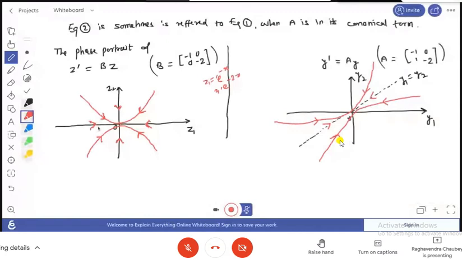रफ स्केचिंग हम इस तरह से कर लेते हैं। हाँ, ये इस तरह से Z1 की ओर जा रहा है, तो ये हमारी रफ स्केचिंग है। बट इसका एग्जैक्ट फेस प्लेन डायग्राम आपको मैटलैब का इस्तेमाल करके मिलेगा, वो कैसे होते हैं, उसके कोड क्या होते हैं, वो आपको प्रोवाइड कराए जाएंगे।